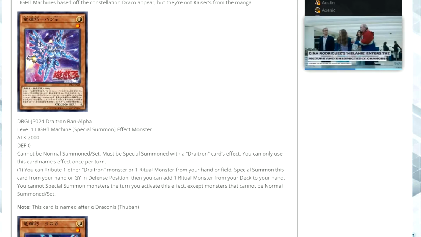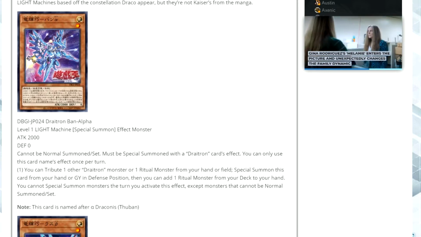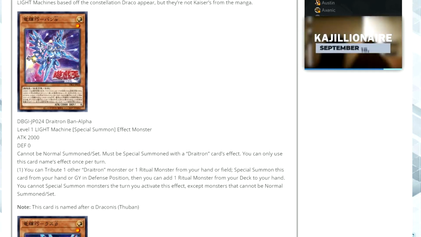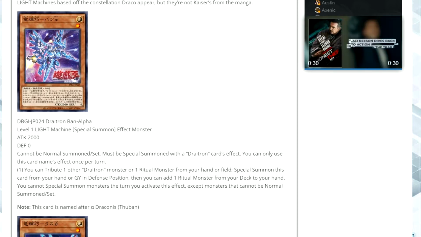Then you can add one ritual monster from your deck to your hand. You cannot special summon monsters the turn you activate this effect, except monsters that cannot be normal summoned or set. So the whole point of this archetype is to basically search out for their ritual monsters and the relevant ritual